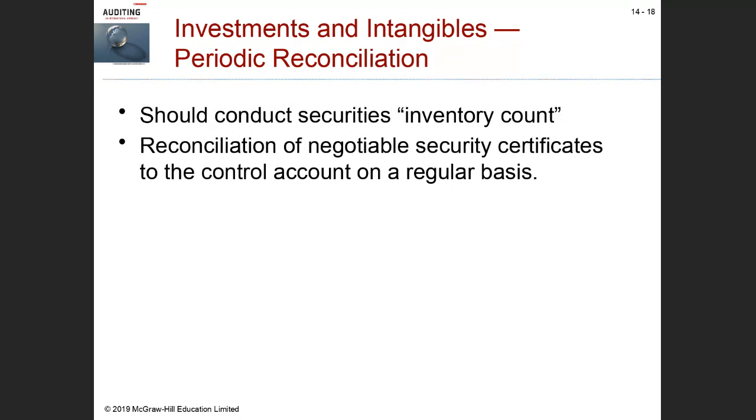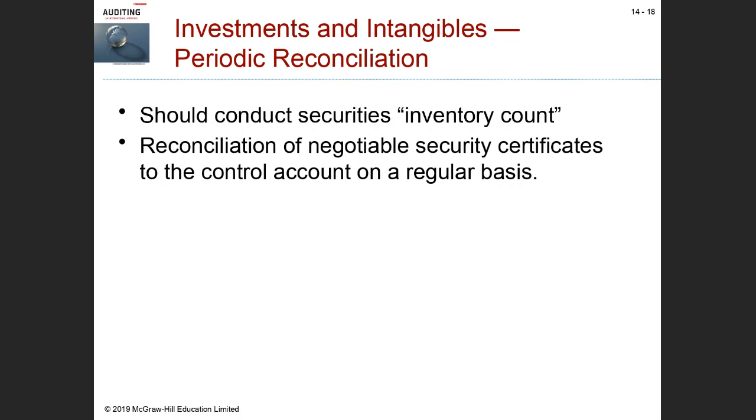So we can actually, as is suggested here, count the securities, right? If we have 10 bonds, we should have 10 pieces of paper saying, here are my bonds, and reconcile what we physically count to what's recorded in the actual financial statements of the company, of course. And I know in my earlier days, when I did audits of brokerages, we would actually count the securities. That was a major activity at the end of the year. Count the securities in the possession of the broker and agree that to the accounting records, right?